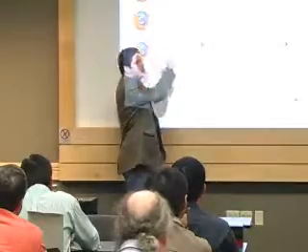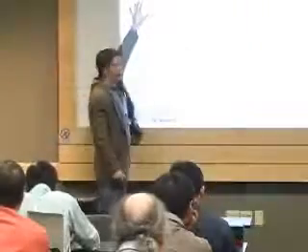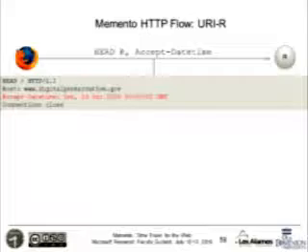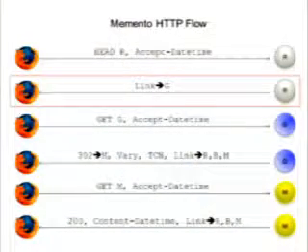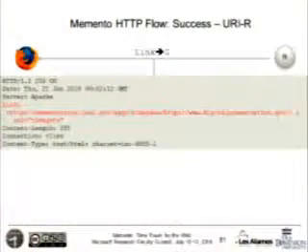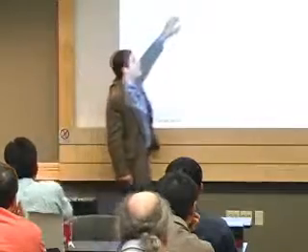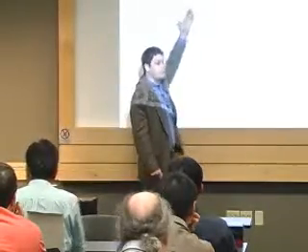The icon in this case, it's doing a head. It could be a get. It doesn't matter. And the idea is it's passing in the request to the original resource. It adds a header in the request that says, I prefer this resource as it existed at this time. In this case, October 10th, 2009. The original resource responds, and in this case, if it's a head, I just get back the headers. If it was a get, I get back the entire body of the message, but the client could throw that away. What it's really looking for is this link header that says,